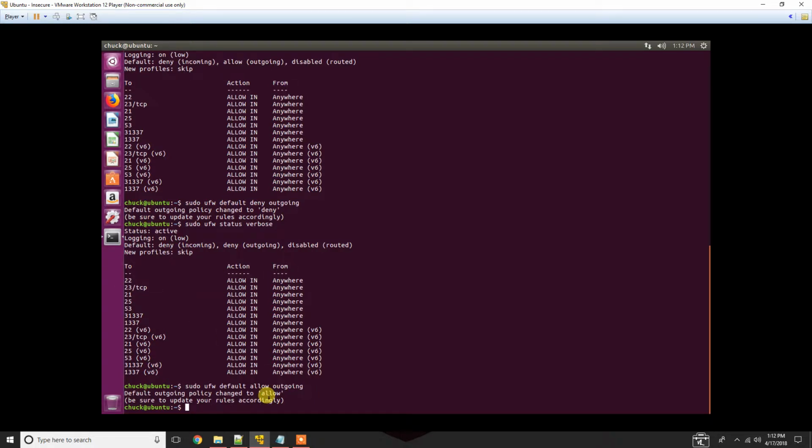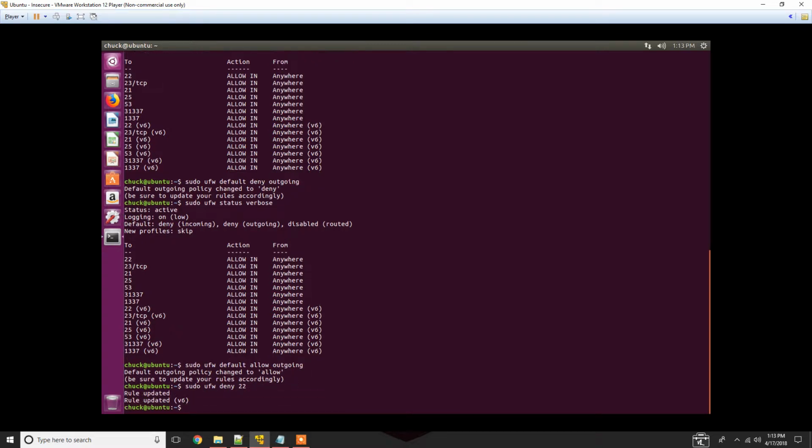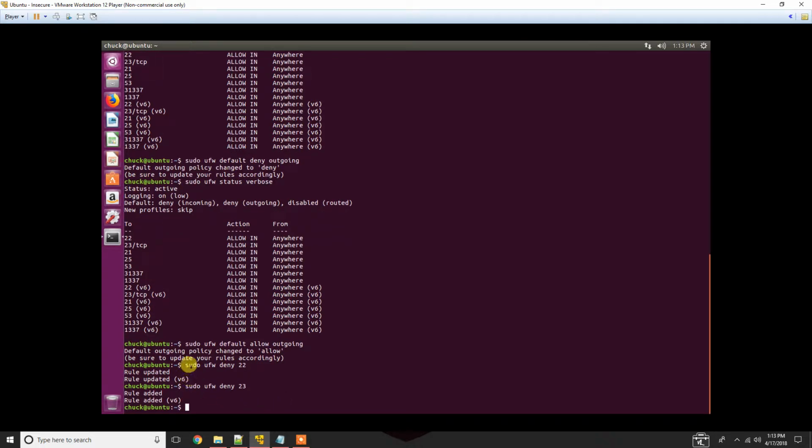So what we're going to do is remove those, okay? And the way that you remove the rules in here is, there's two ways to do it. You can delete the rule altogether, or you could just deny these two ports because you don't want to allow them anyways. So what we're going to do here is sudo ufw deny, and then you can do either the service, which is SSH on 22 and telnet on 23, or you could just type in the port. So deny 22, and then sudo ufw deny 23. Okay, now if we do the verbose again,